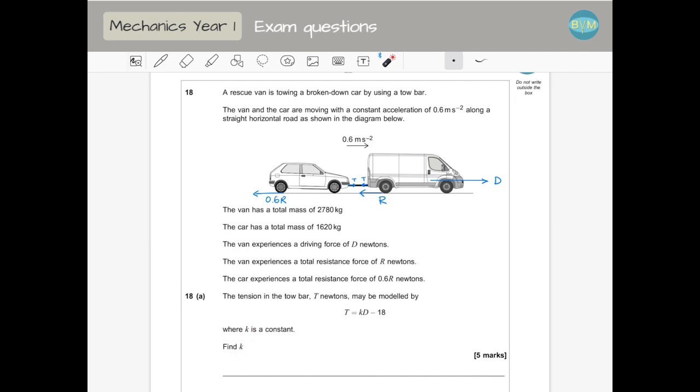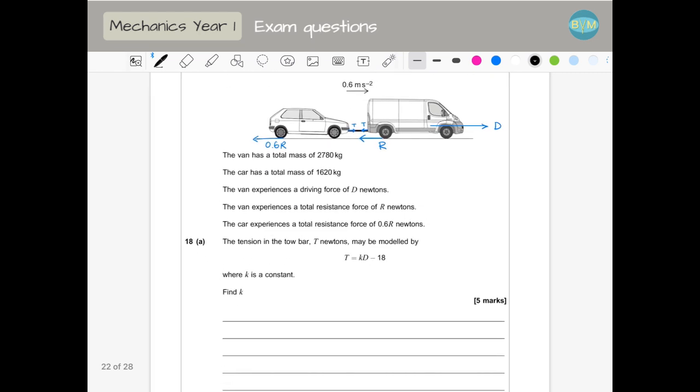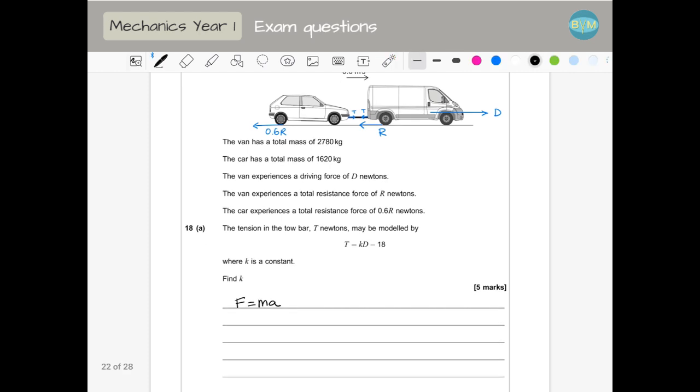So as we need an equation with T, we cannot work with both together. Remember, with connected particles, we can work with both together, or with one or the other. If we are talking about the tension in a bar, in a string or wherever, we need to work with them independently. So I can write an equation for the van using F equals ma. The resultant force, as it's moving right, is going to be this one minus this one and minus this one. So the resultant force for the van is D minus T minus R